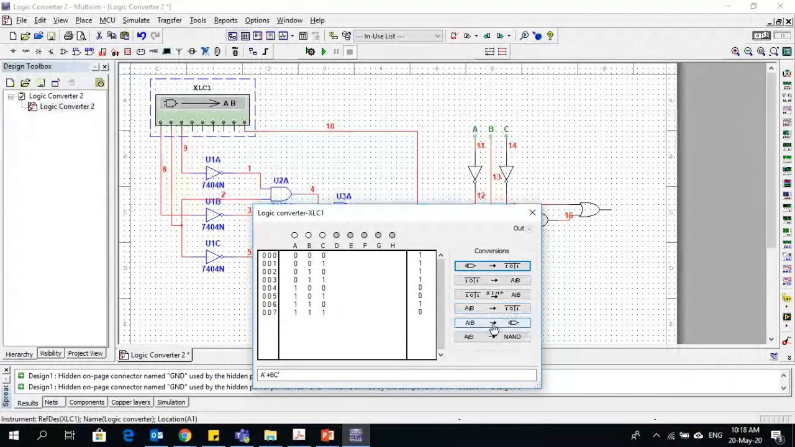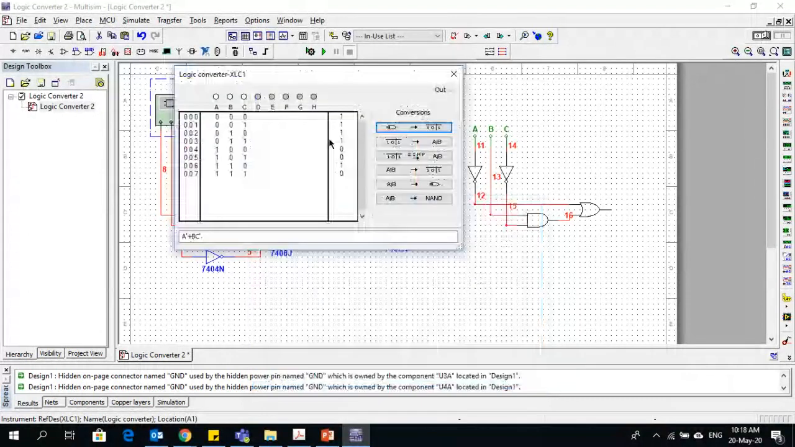And also if you have an expression, you can develop this truth table. Okay, and you can create a circuit based on this expression which is written in the bar. From this expression you can generate the circuit, as I just did, this equivalent circuit. And there's one more option